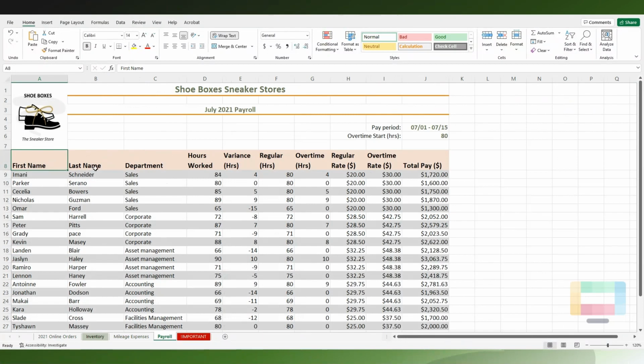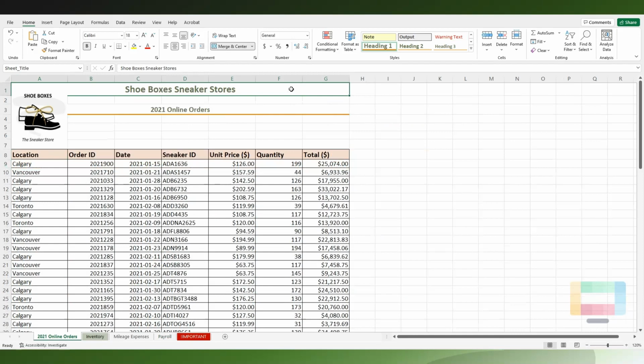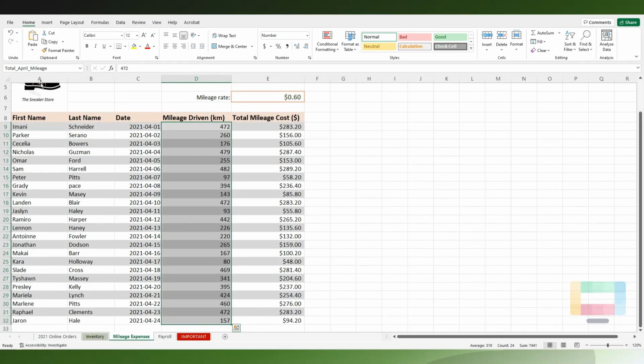So in the name box, we can look and check on the top left to see what named ranges we have currently in this workbook by using the drop down. In there, we currently have four of them. Sheet title is just a reference to one cell in our online orders worksheet. We have total April mileage, which is a collection of cells for the mileage for the month of April in